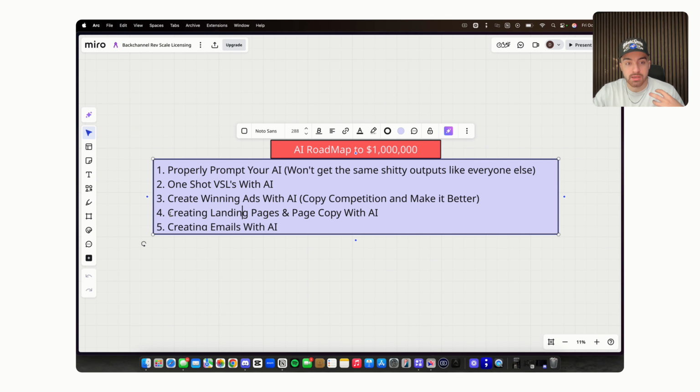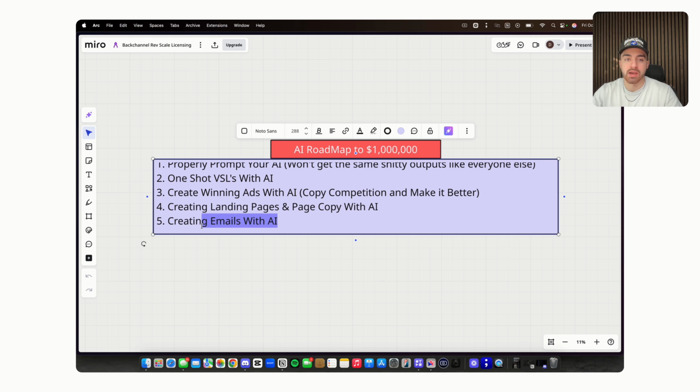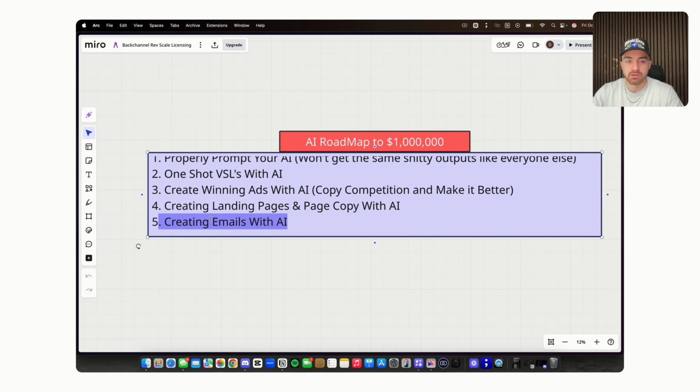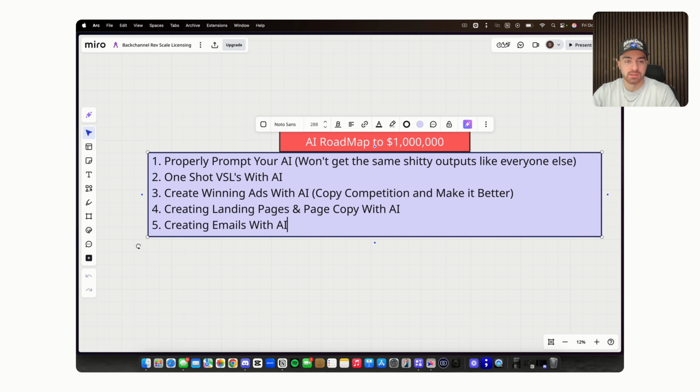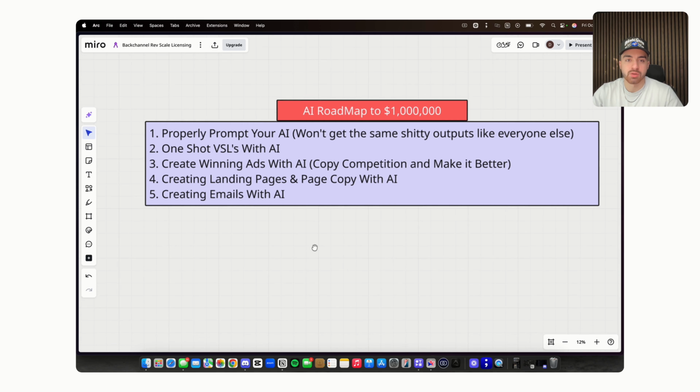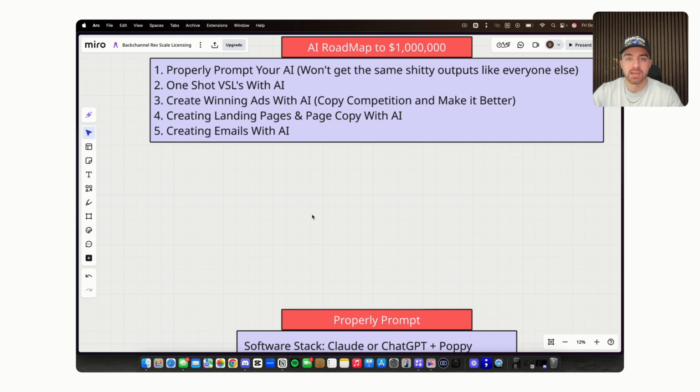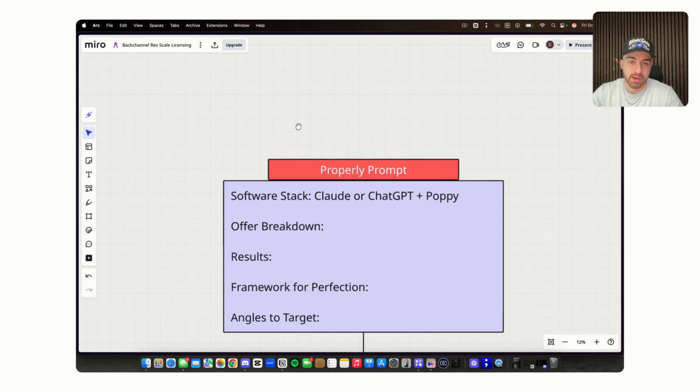But I get the AI to write all my code as well, all the copy on the page, and it's winning copy specific to your offer, so it knows everything. Again, I'm going to show you that today, and as well creating emails with AI, and not just any emails, it's the emails that are actually going to convert. So not just the stupid stuff that people like to say and post. It's actual content. Okay, so that being said, let's jump in how to properly prompt your AI. That way you don't get the bad outputs.